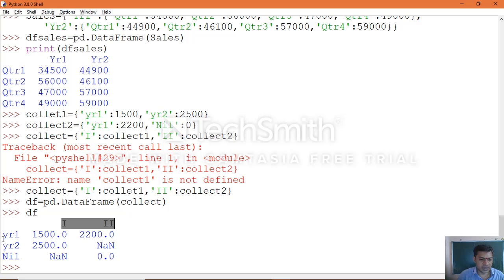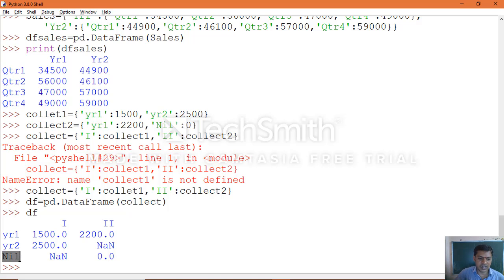We passed those individual dictionaries into another dictionary object, and then we created the data frame and passed that dictionary object to it. Once you execute it, you will get the output. You can see year1 data was taken, and the same way year2. Collect2 doesn't have any data for year2, that's why you see a NaN value as output, and the nil key is treated as another key. For year1 we didn't specify, that's why you see NaN, and for the nil key it is 0.